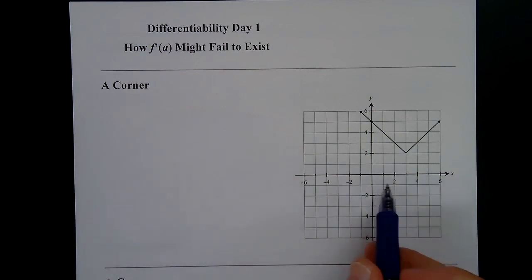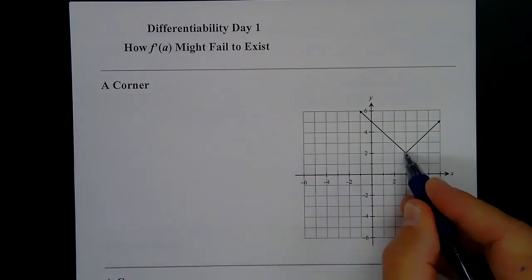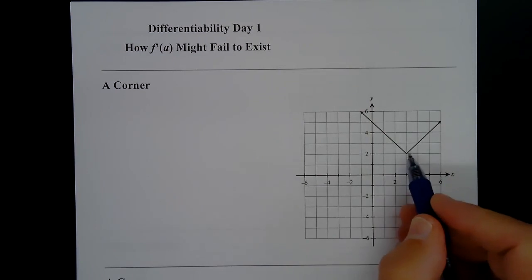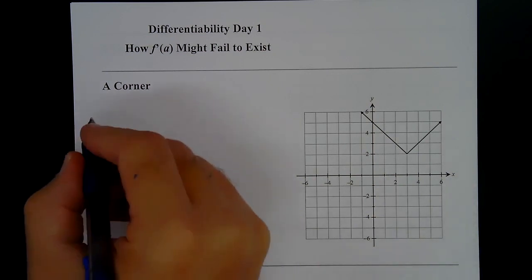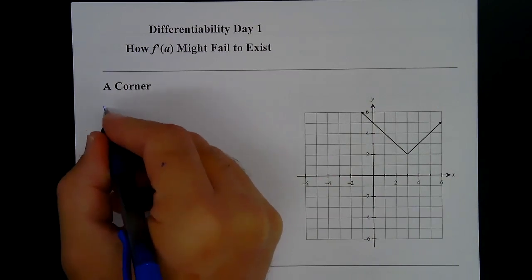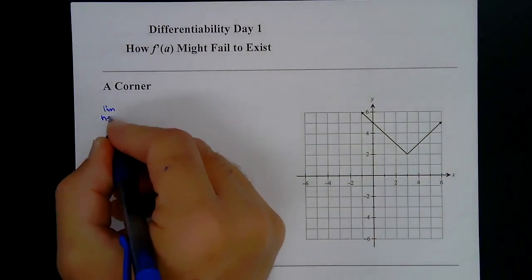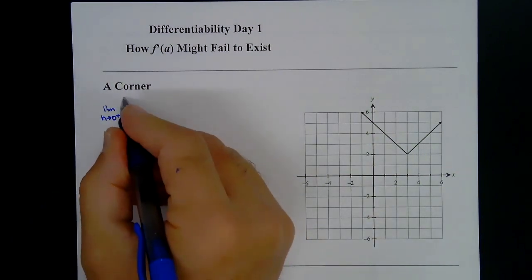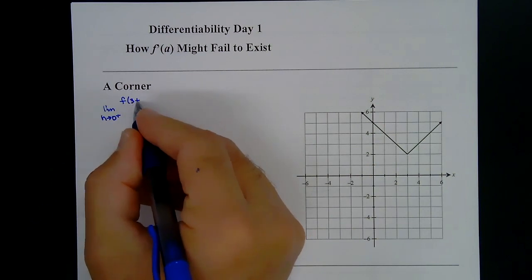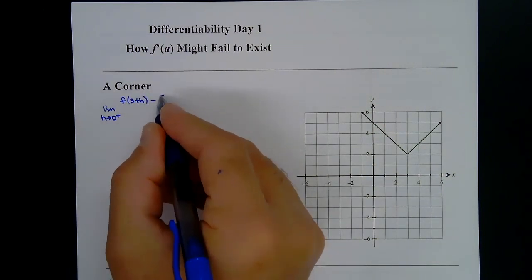So what happens here is it is not going to be differentiable right here at x equals 3. This is called a corner because all of a sudden, the tangent slope automatically changes from being one value to the next value. And we can show that by taking the one-sided derivatives, okay? So if we want to take the limit as h approaches 0 from the right, so this would be a right-hand derivative, okay, of f of 3 plus h minus f of 3